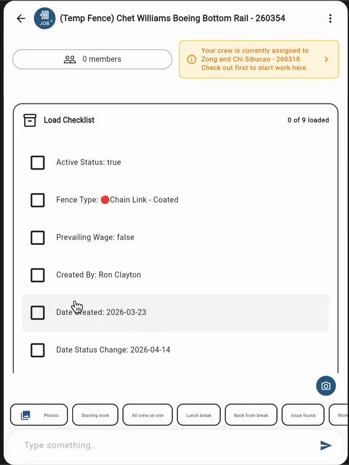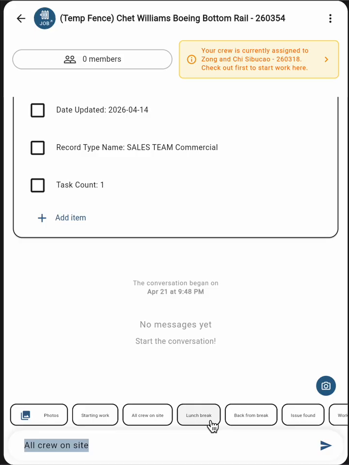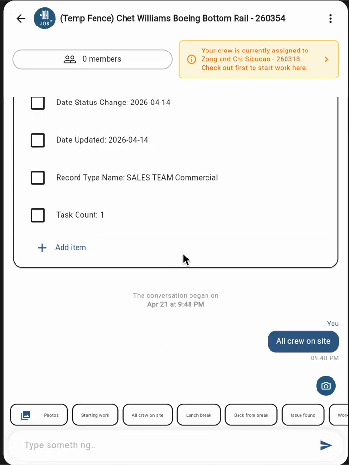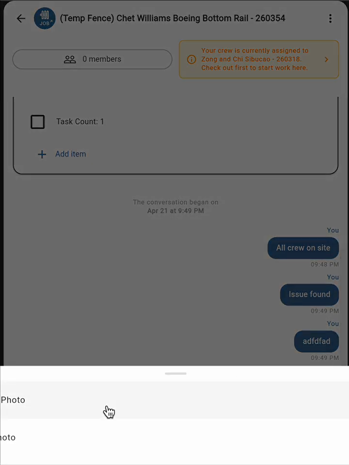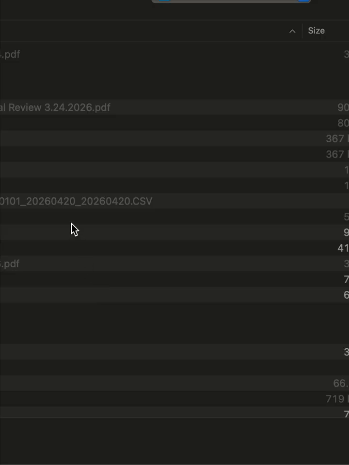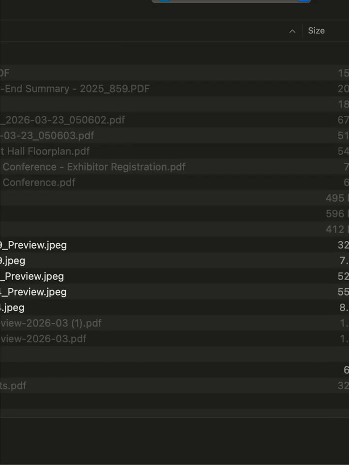I can communicate with people on the crew or back at the office or other crews that may be joining using communication. Here I can add pictures to any job,